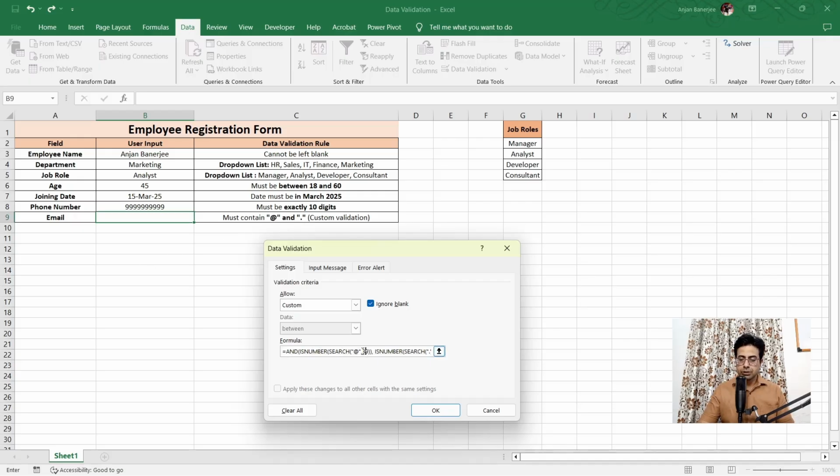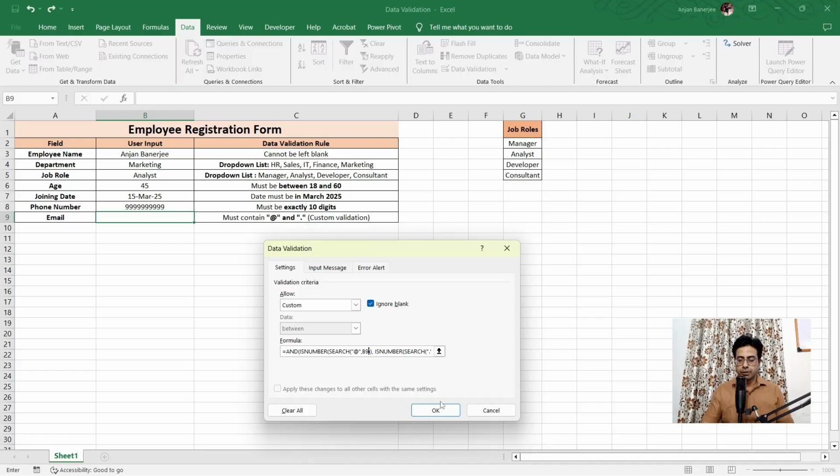But one caution here, since my cell where I'll put this data validation rule is cell number B9, the entire formula has been designed accordingly. You can see B9 out here, B9 out here, whatever cell reference I have used, I have written B9. Now in your case, if you are validating an email ID and using this formula, please do change the cell reference to the cell address that you are using. So if you are using a formula reference in a cell, let's say C18, change B9 to C18